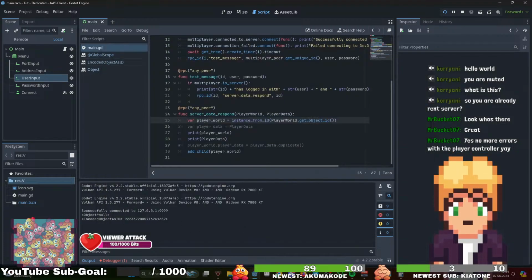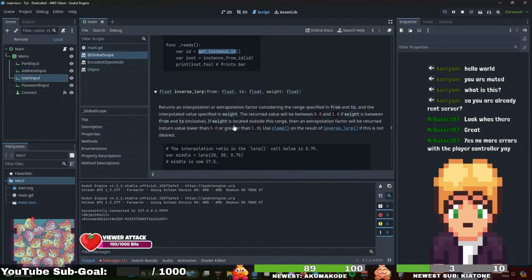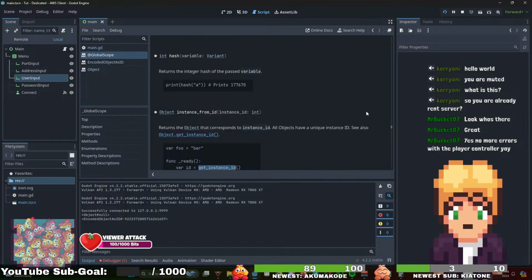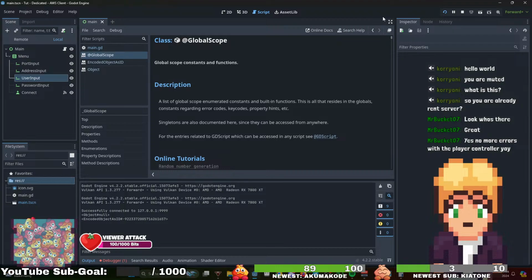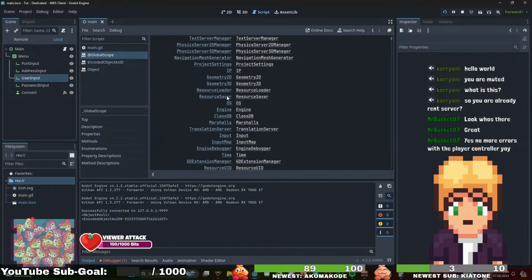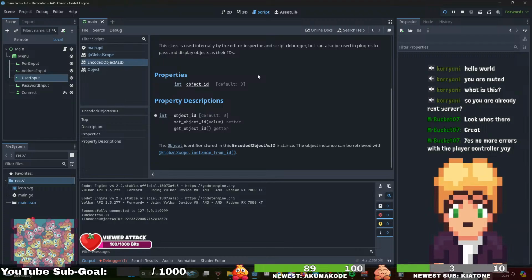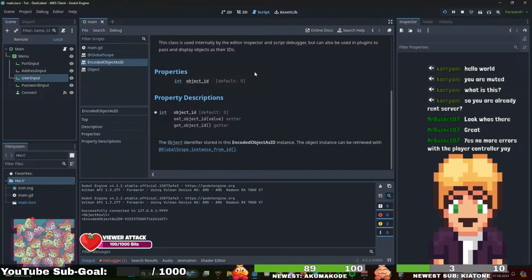Object is 0. The ID is get instance ID. But get instance ID is called on global scope. But what I have is an encoded object as ID. The object instance can be retrieved via